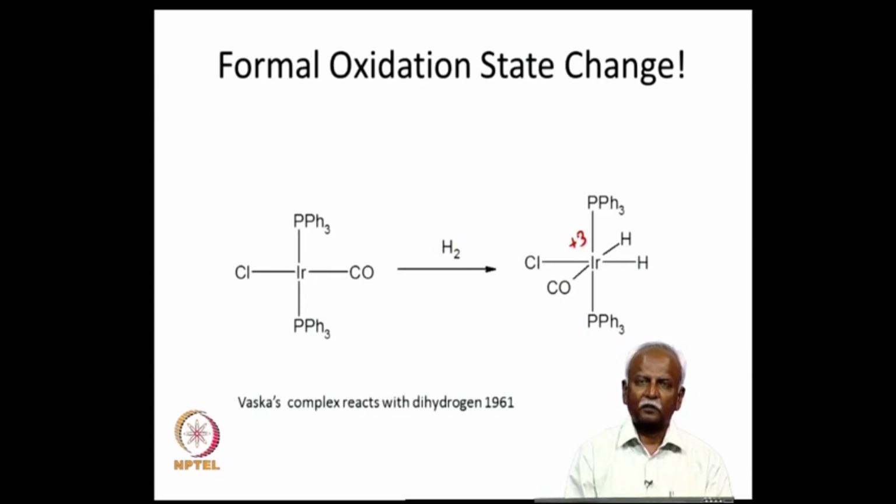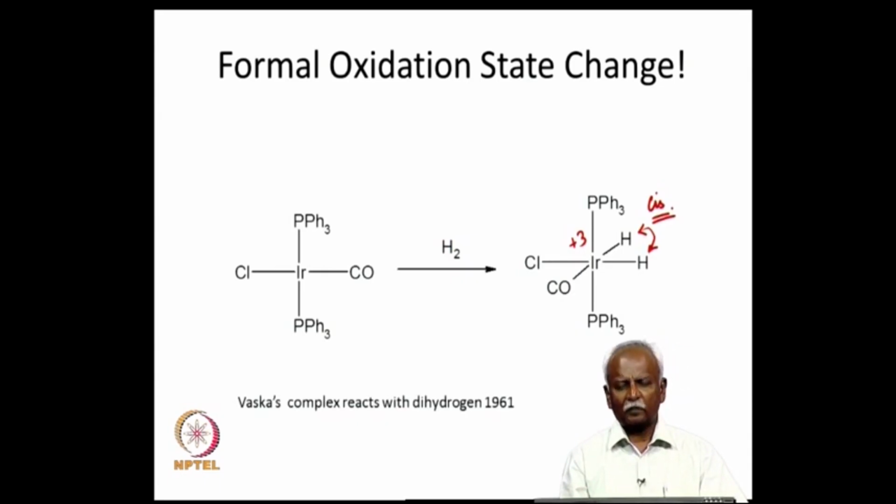Notice that the 2 hydrogens are present in a cis position. This cis position is characteristic of group 3 addenda. So, this is a cis addition of 2 groups. This was discovered as early as 1961,